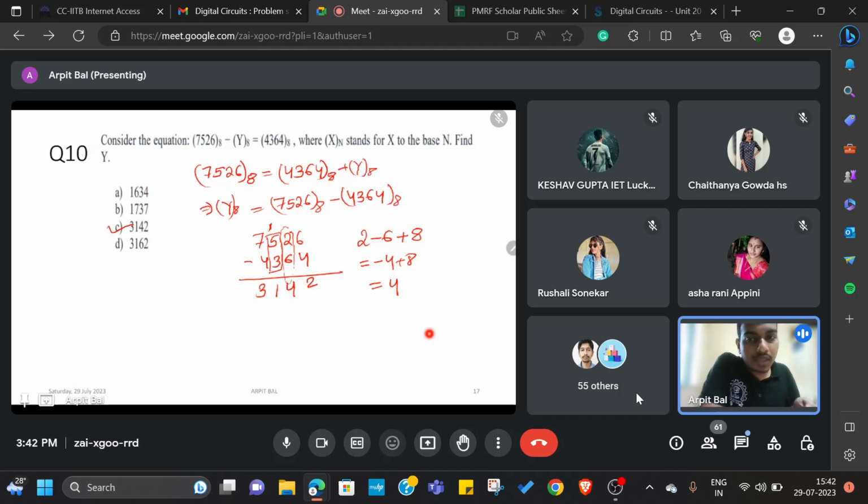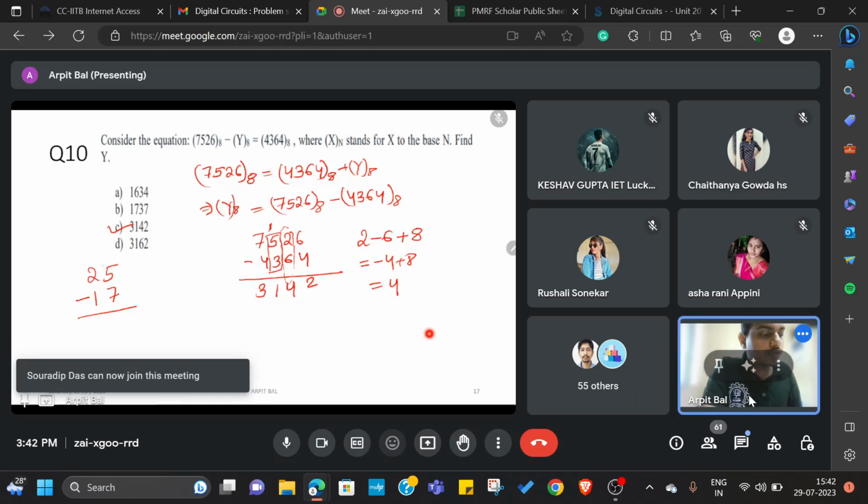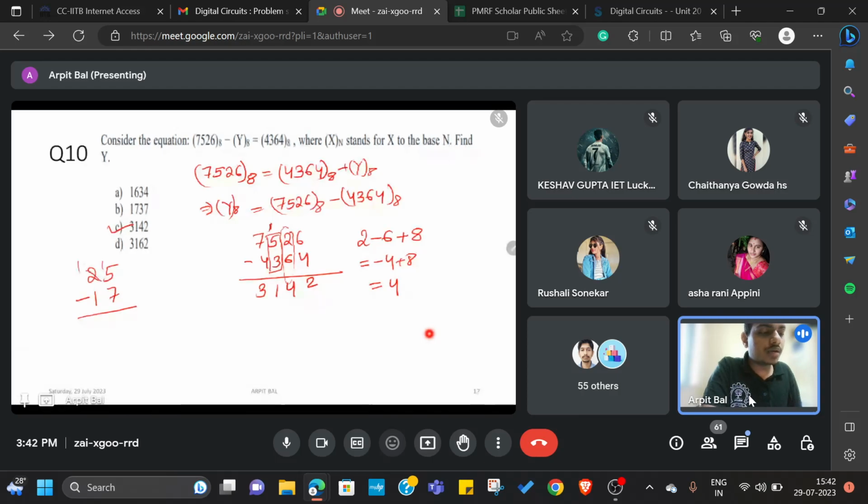Okay, so now let me show a decimal equivalent of that. Let us say we have a number 25 minus 17. So what we tend to do is we directly just mention here as 15 and we cut this one as 1. But how did this particular 15 come up? Okay, so what we are doing is whatever is the base of the number, we are adding it to these operands. So let's say earlier we wanted to do 5 minus 7, but as 5 is less than 7, so what we do is,